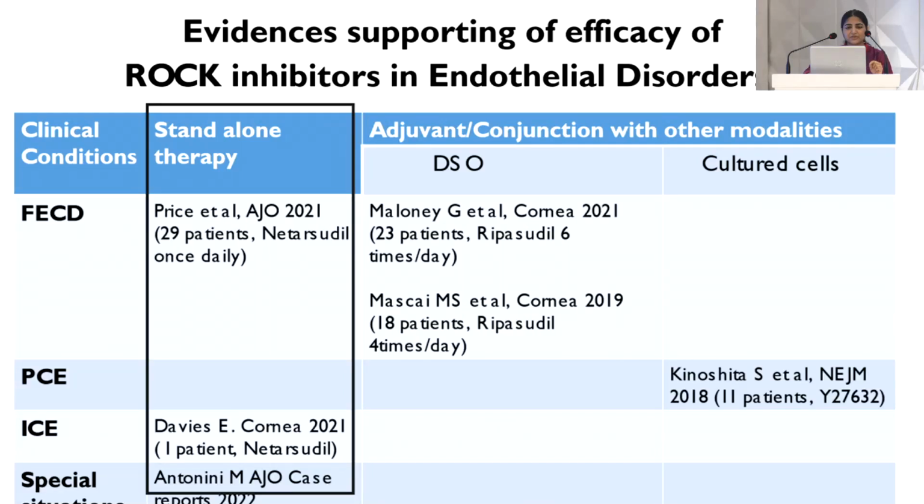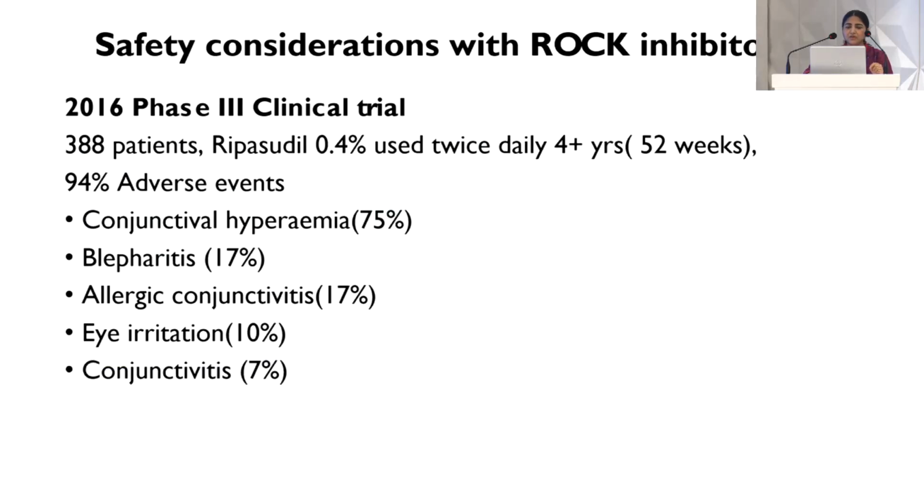One is by Price et al., which tested netarsudil application in 29 patients. And then there was a case report in ICE syndrome, and special situations where it was used for cases with low cell density, which was 4 patients in that study. Looking into the safety considerations of ROCK inhibitors, the data has come from the glaucoma trials, and we know that